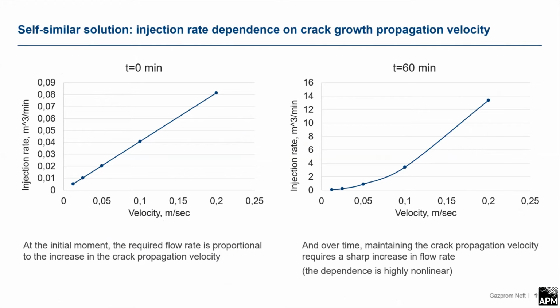In this slide, on the left, the dependence of injection rate on velocity is presented at time equal to 0, and the right picture is at 60 minutes. We see that when the fracture starts to grow, this dependence is linear,